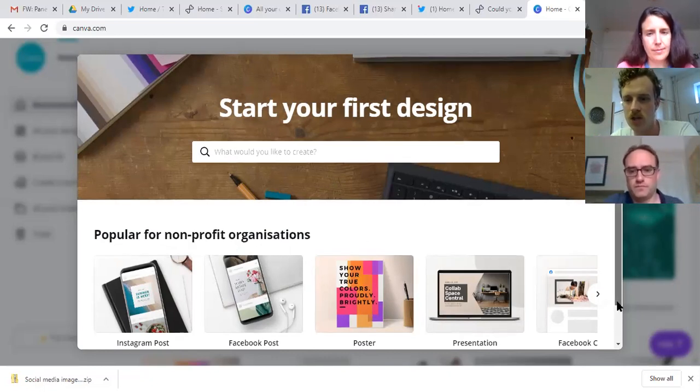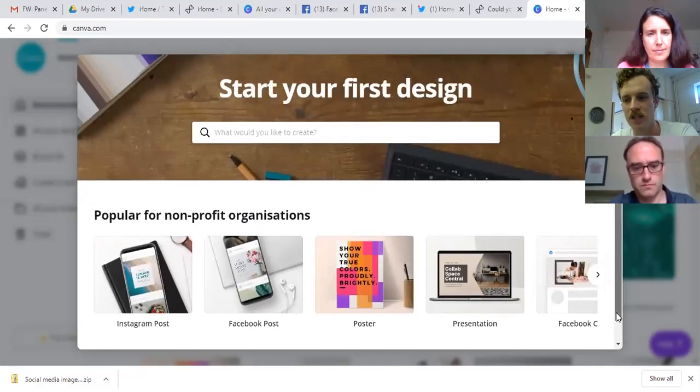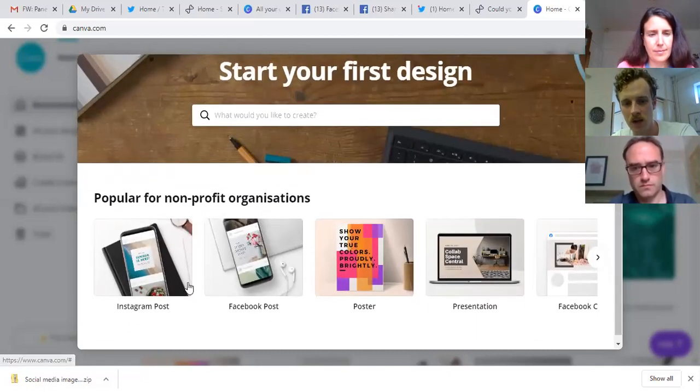It's now asking us, again as part of its introductory experience, what kind of thing we'd like to create, and as you can see, it gives you a load of different options, and these are just a handful. There's actually tons of different types of posts you can create, and the reason it's set up like this is because different social media platforms have different optimal image sizes and dimensions.